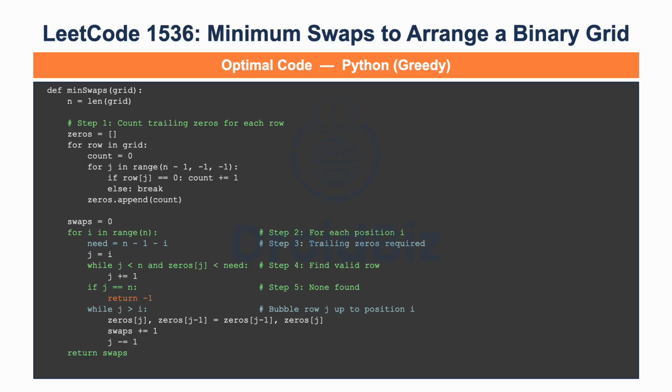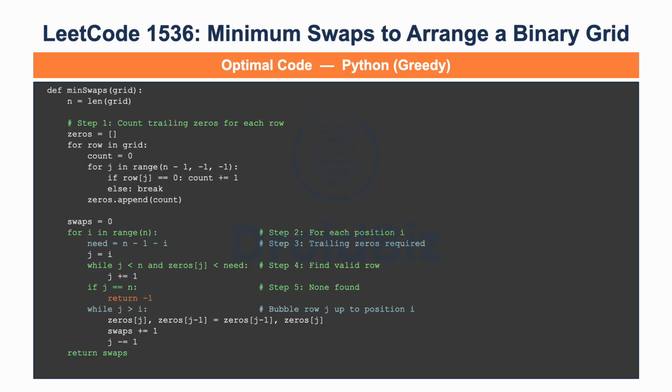The while loop moves j forward as long as j is within bounds and the row at j doesn't have enough trailing zeros. If j reaches n without finding a valid row, we return -1. It's impossible. Otherwise, we bubble row j up to position i. The while loop swaps j with the row above it one step at a time, incrementing swaps and decrementing j